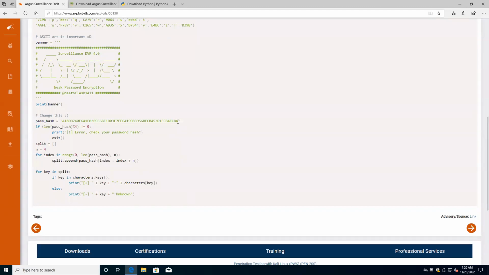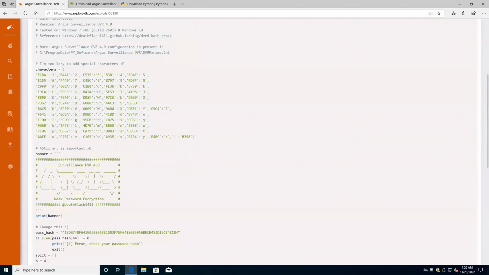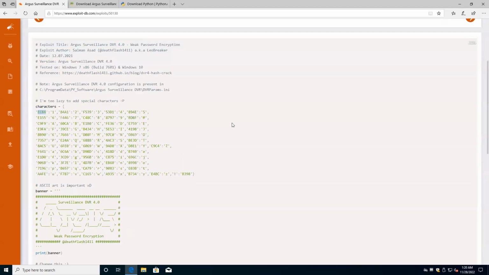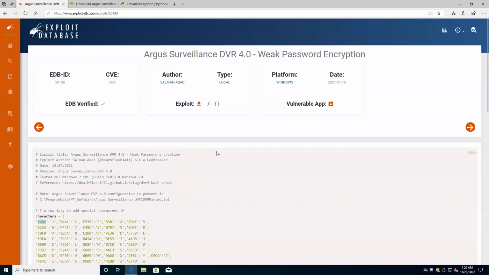Whenever you make a new password or change your password, it's saved as a hash such as this, and it's very easy to decode due to a very simple four-character sequence translating into a basic ASCII value. So I'm going to show you how to set up this exploit and how to actually